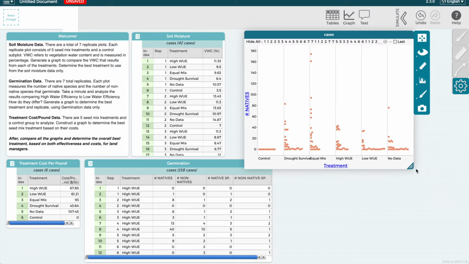The data points should coincide with the data table that was used, and each of these dots means something. For example, for germination, if we are looking at native plants, each data point means the number of native plants that germinated in that specific treatment subplot. If we're looking at non-native plants, each dot represents the number of non-native plants that germinated in that plot, and